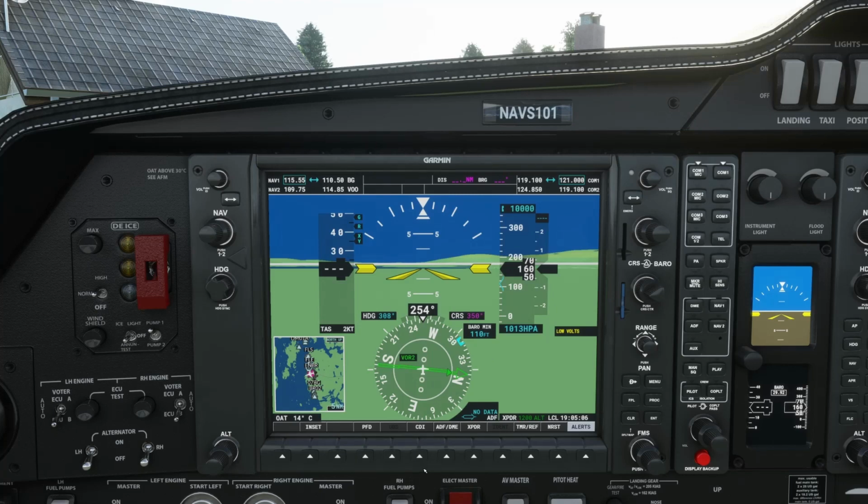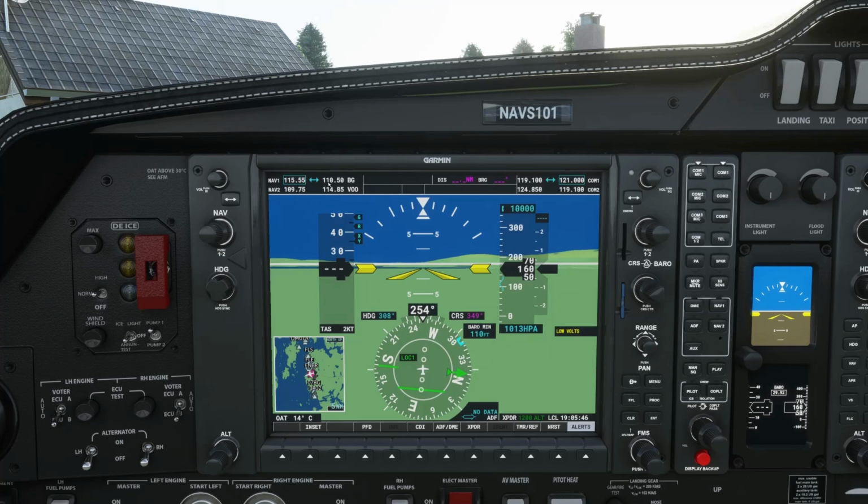So we will now click on the CDI soft key. The next cycle for this is going to be the GPS, as you can see, and then we click it again just to cycle it back to Loc 1. And there you can see we have localizer 1, which has now been tuned. Obviously you can't adjust this because it's a runway heading, but if we were to start the engines now across runway 35, then this bar would meet in the center as part of the localizer system. And pretty much you can do that for localizer 2 really.